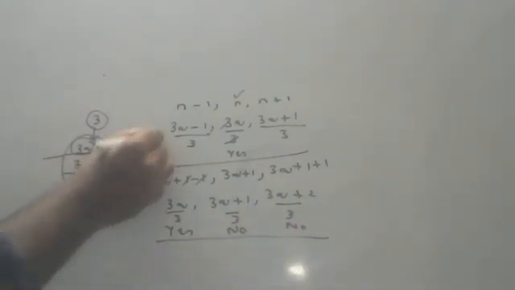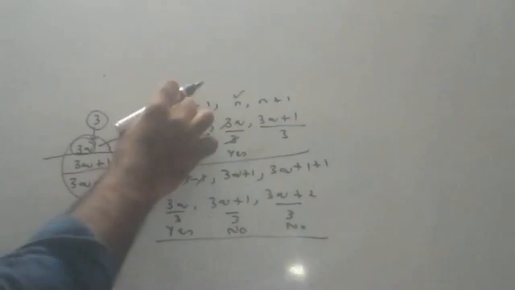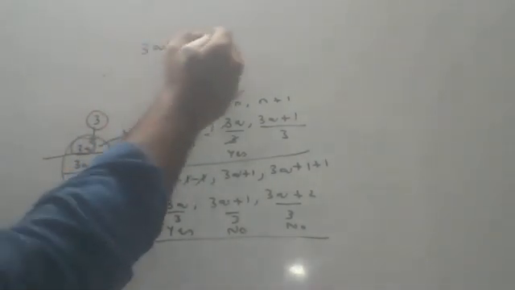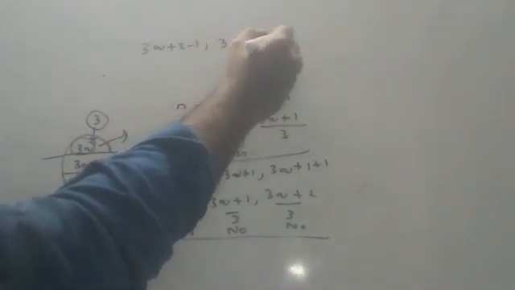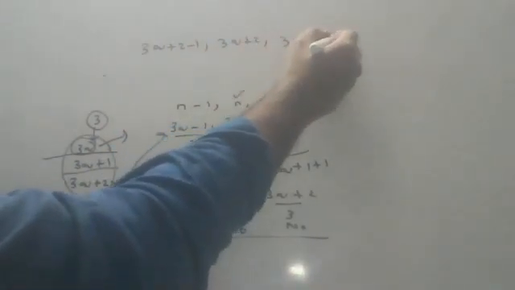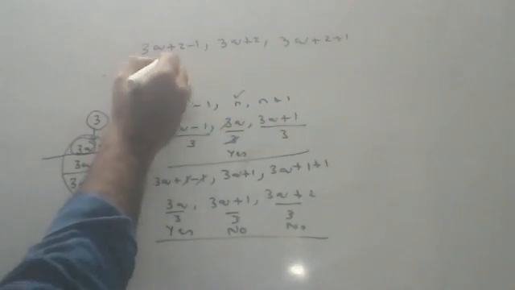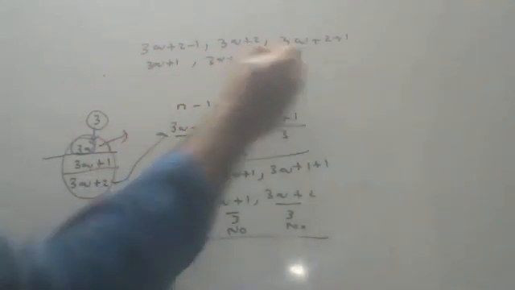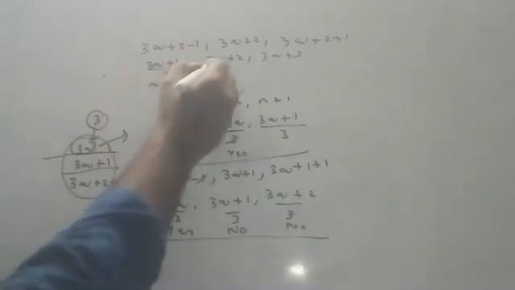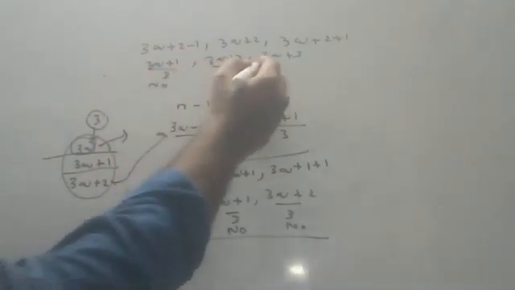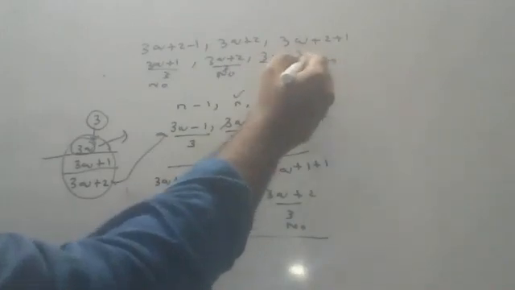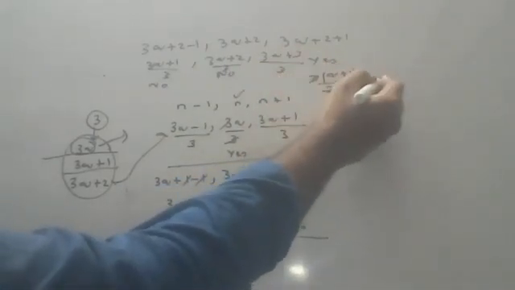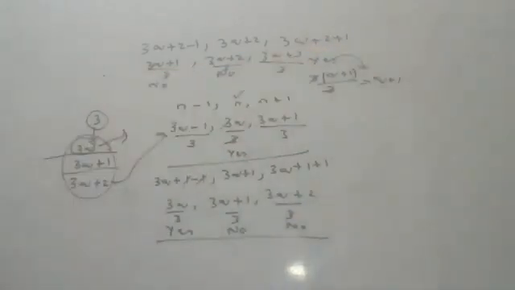Now you have to check with 3q plus 2. Where you will substitute here and again, what will you substitute, children? 3q plus 2 minus 1, 3q plus 2, 3q plus 2 plus 1. Okay, children, this is 3q plus 1. This is 3q plus 2. This is 3q plus 3. Is it divisible by 3? No. Is it divisible by 3? No. Is it divisible by 3? Yes. How? Take 3 common: 3 times q plus 1, by 3, 3 cancels, q plus 1 you are getting. Yes, it is divisible.